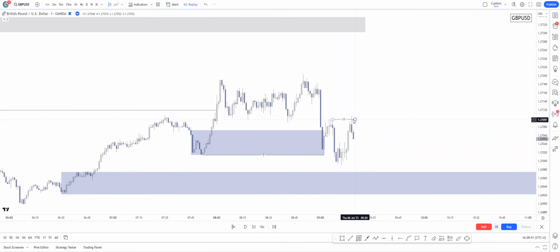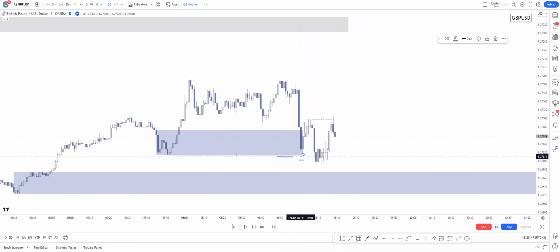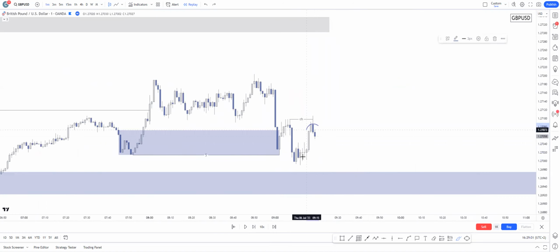There is a really nice volume push, as you can see. So I did count this as a V-shaped recovery. After the sweep of this liquidity, which happened with this candle, this is the last candle. So the 15-minute candle closed with this candle right here. After that, price skyrocketed to the upside, printed really nice volume candles,